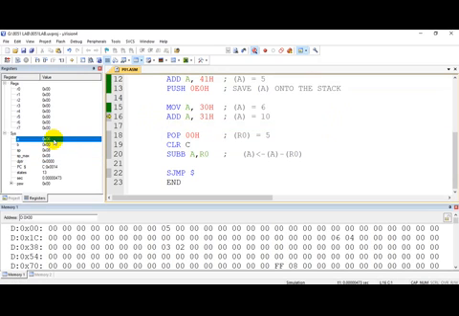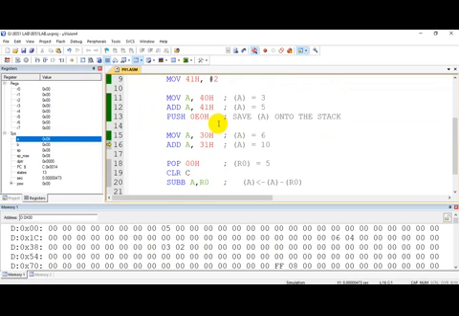I moved the contents of 30H to accumulator. Now I am performing 6 plus 4. 4 is stored in 31H, right? As you can see, it is showing 0A in hexadecimal. So accumulator contains the addition of 6 plus 4, that is 10.